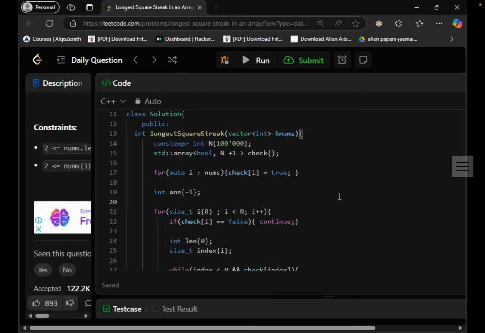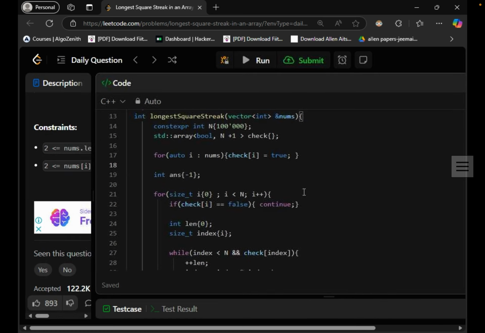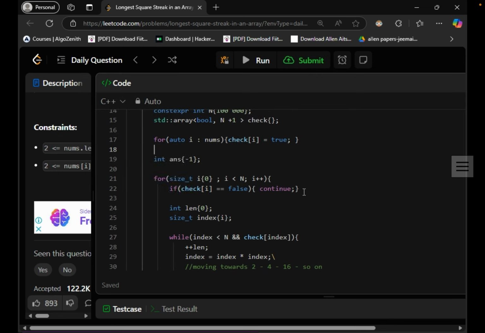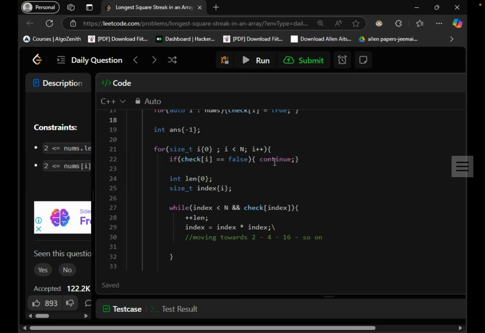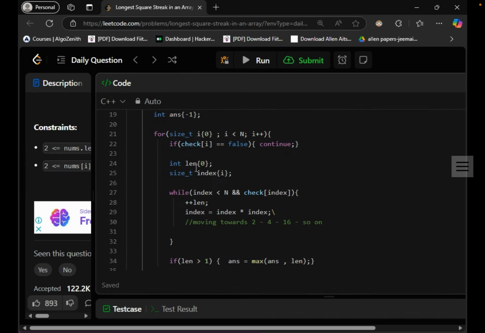And if we check over here, for each i belonging to nums, we're just marking true for the numbers which are present in the given array. We're initializing answer to -1, as if we find no subsequence, we just return -1. And we're looping with i from 0, i less than n, i plus plus, and we'll be checking whether the current element in the hash map is present in the array or not. If it is present in the array, then we'll be going towards the next possible element if it is in the limit,